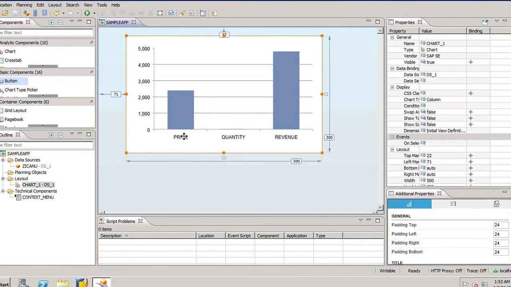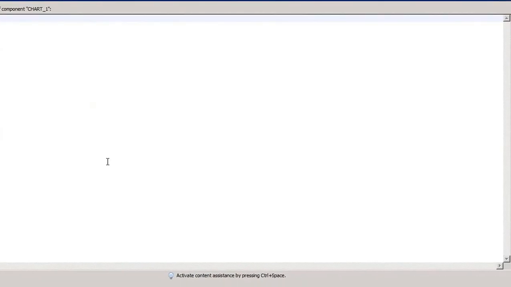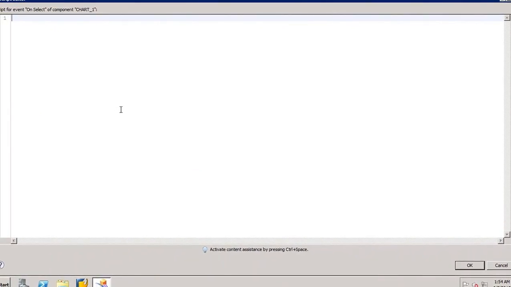So I will look up an event here. Design Studio offers all the events of the components in the events category, and you can just click it. An editor opens up to define the logic for this event. I will create a variable. This syntax and semantics mostly follow JavaScript, and it's a subset of JavaScript, I would say. The scripting is basically called BIAL script, which we write inside Design Studio.